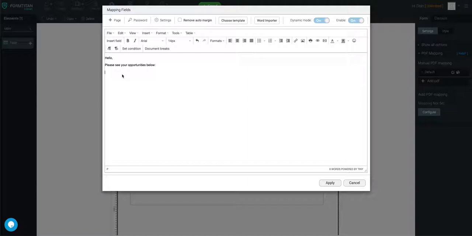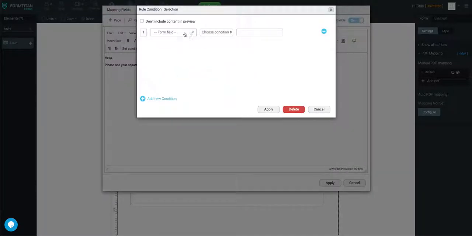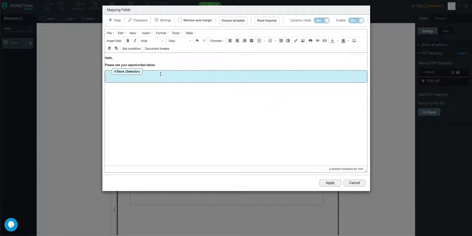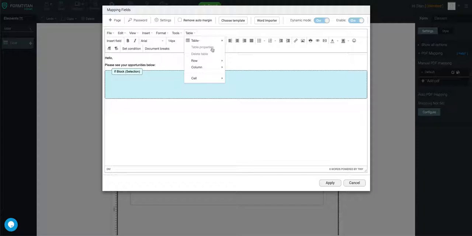Actually, the first thing I'll do is I'll add a condition, so like a selection, and then I'll say table number of rows must be greater than 0. If I click apply, there's my selection, and I'm just going to make this a bit bigger, and then in here I'm going to insert a table. So the table is going to look like this,